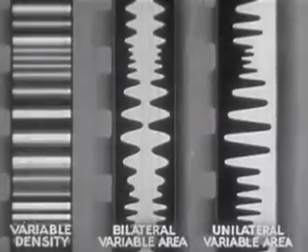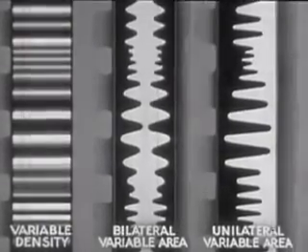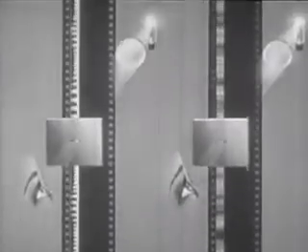All of these sound records contain photographic records of light variations corresponding to the pressure variations in the original sound. If either a variable area or a variable density sound record is run past a narrow line of light from a fixed source, and the light, after passing through the film, is visually observed, the amount of light reaching the observer is constantly varying from instant to instant. If the eye were capable of quantitatively measuring the light, it would see that the amount of light reaching it from either sound record varies in exactly the same way.